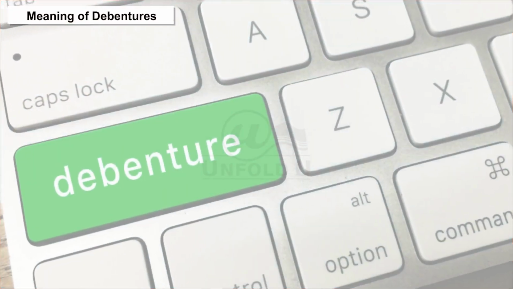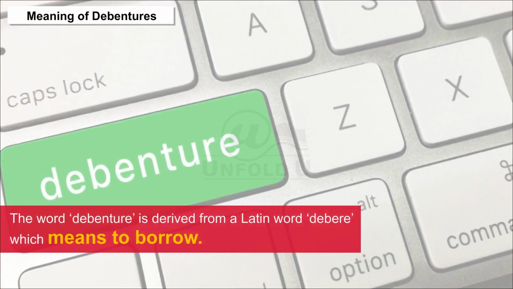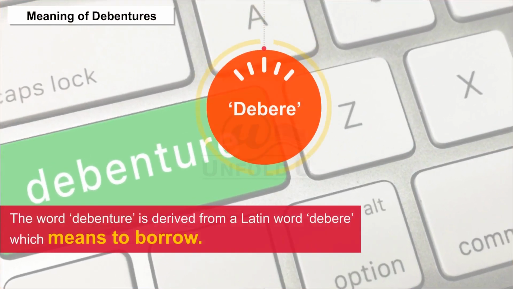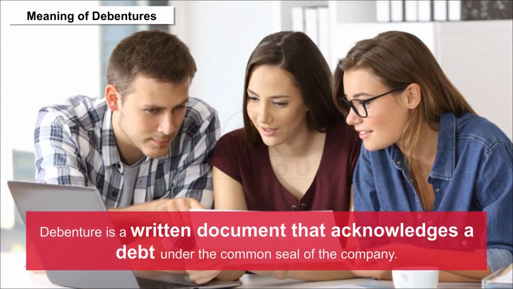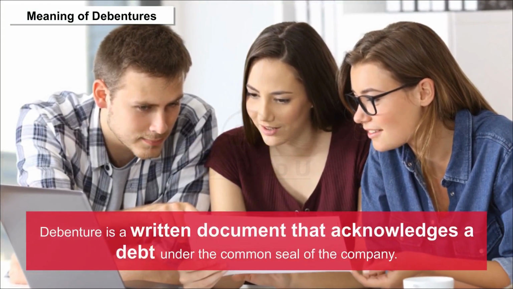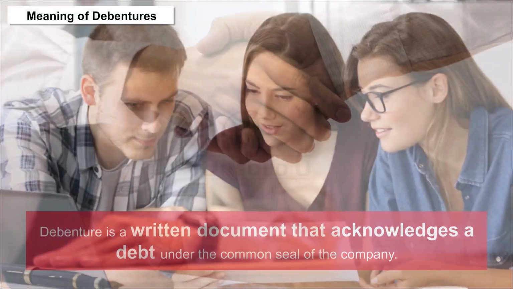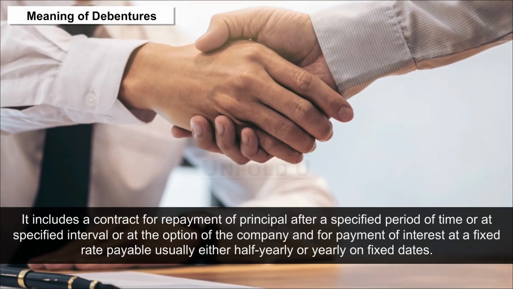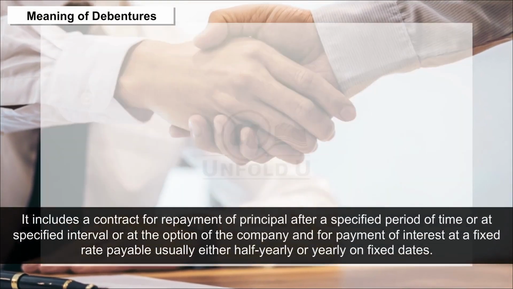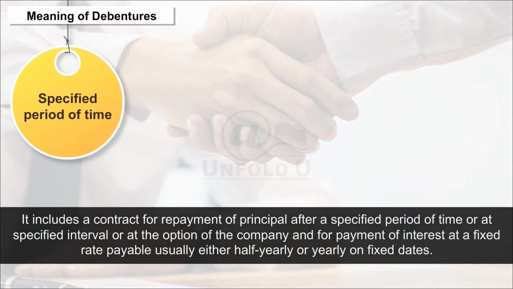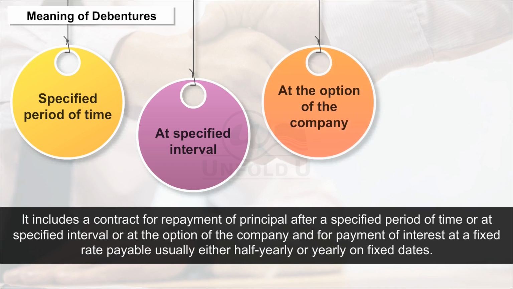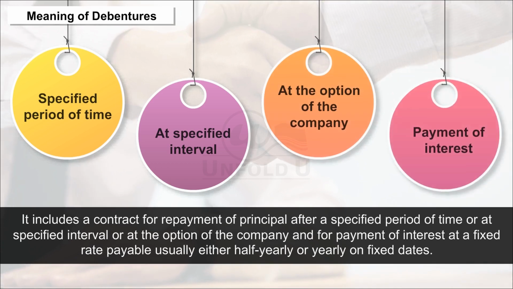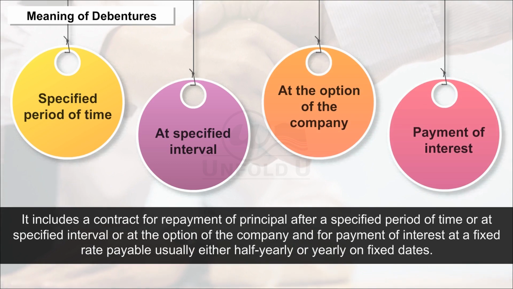Meaning of debentures. The word debenture is derived from a Latin word debere, which means to borrow. Debenture is a written document that acknowledges a debt under the common seal of the company. It includes a contract for repayment of principal after a specified period of time or at specified intervals or at the option of the company, and for payment of interest at a fixed rate payable usually either half-yearly or yearly